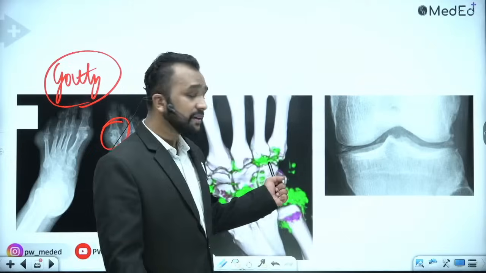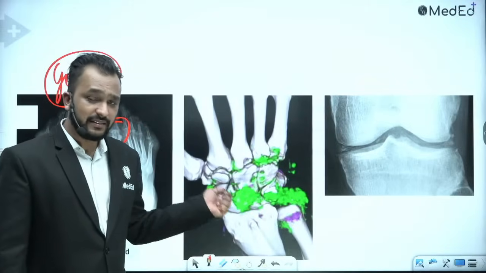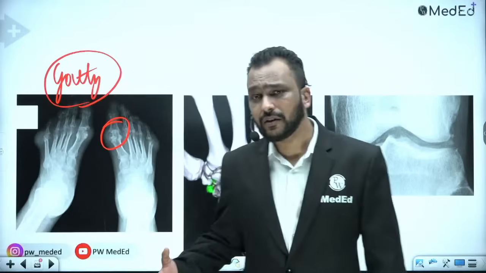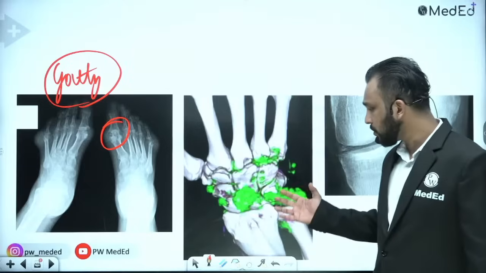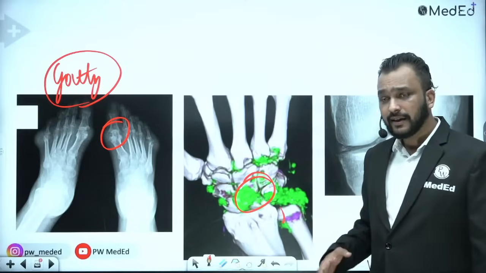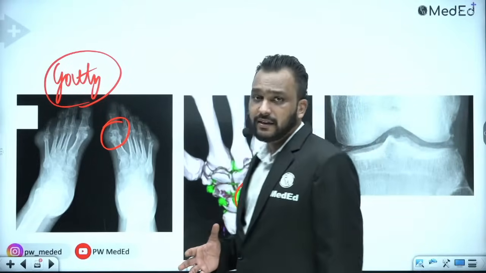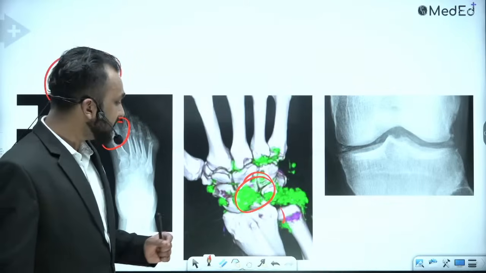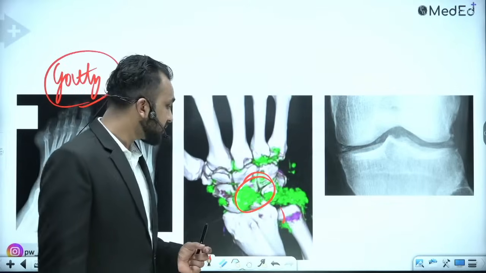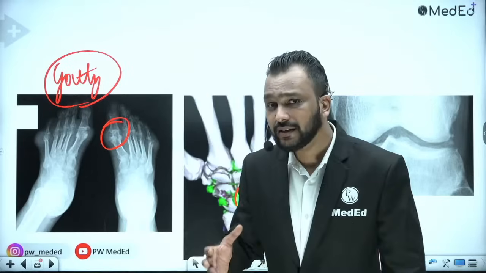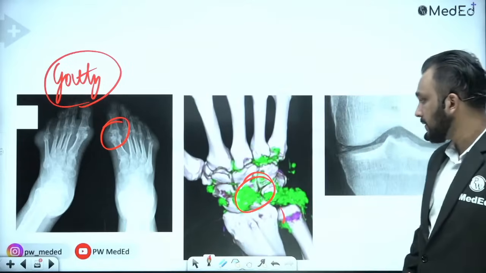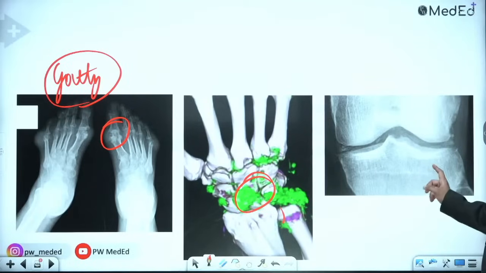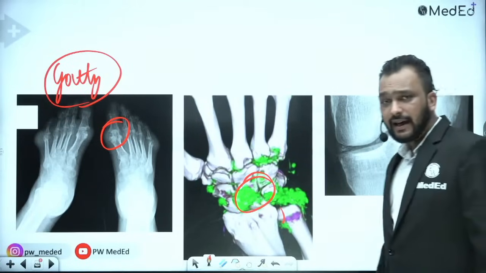And this is a newer imaging modality, that is your dual energy CT, that can separately visualize your monosodium urate crystals that are known as tophi. If you do a normal CT scan, they will just appear like calcific deposits, but if you do a dual energy CT scan, you can quantify these monosodium urate crystals. You can see them separately, right? So dual energy CT scan is done in gouty arthritis, and in this image we can see that there is